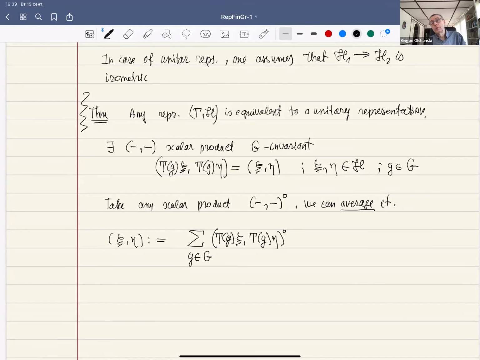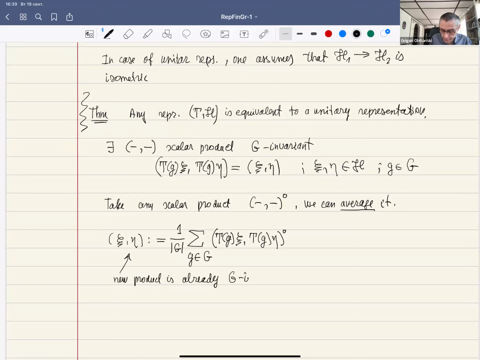And if we want to have averaging, one can, it's not necessary, but one can divide by the order of our group. And it's a little exercise, an observation, that this new product is already